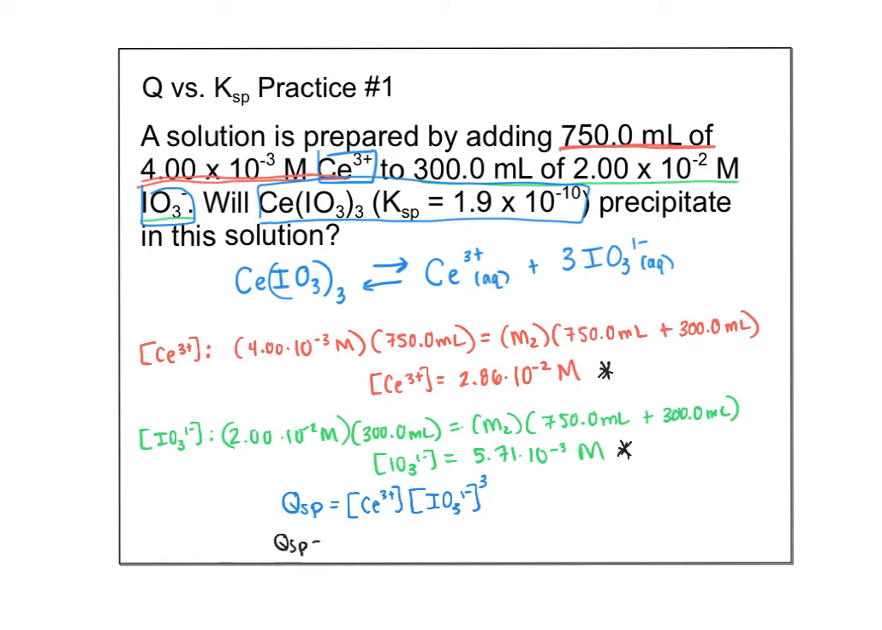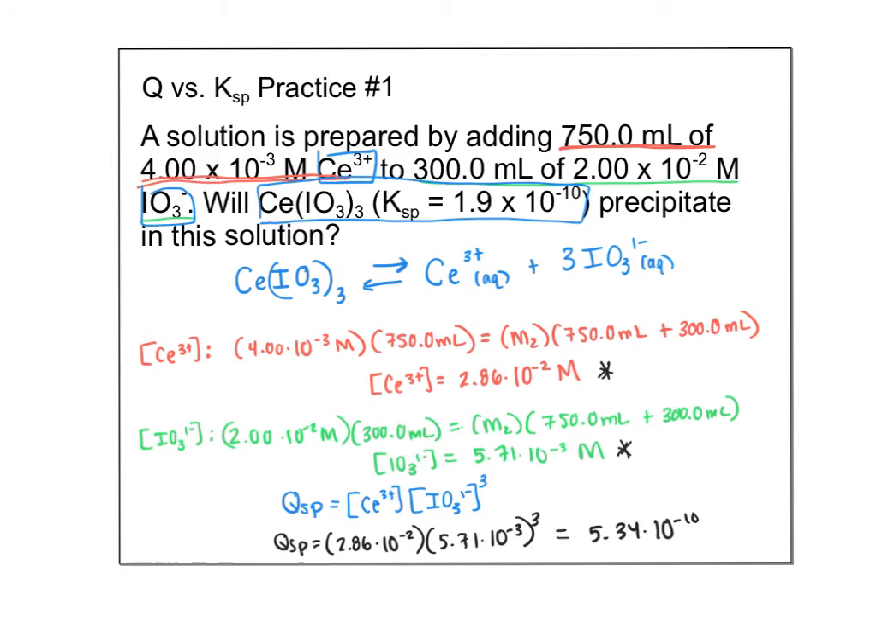So QSP will be equal to 2.86 times 10 to the negative second times 5.71 times 10 to the negative third, and that guy is cubed. I would use parentheses on your calculator to make sure that we're just cubing this guy and not the entire thing cubed, just this one is cubed. And so when I math that out, I get my QSP is equal to 5.34 times 10 to the negative